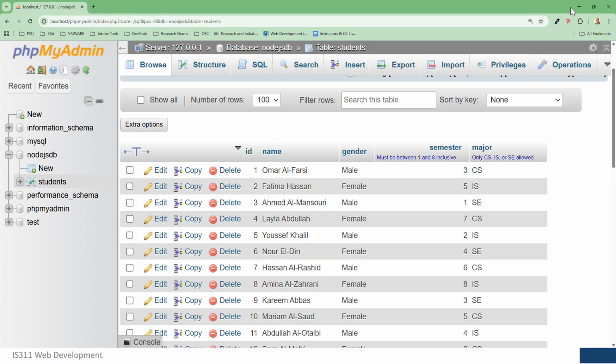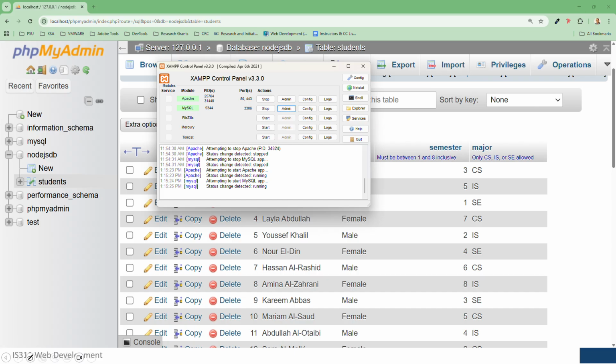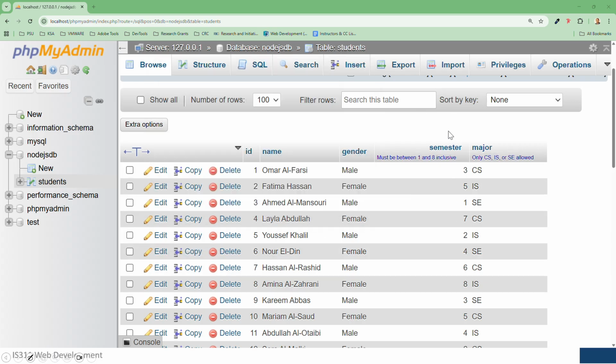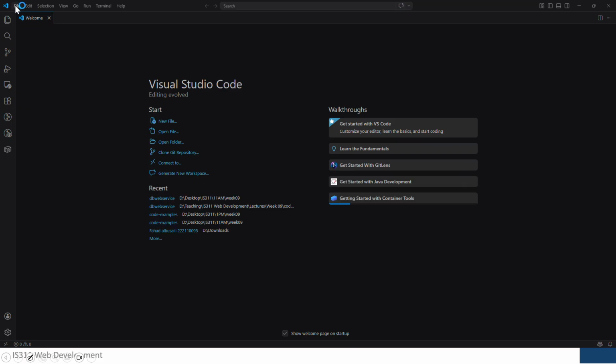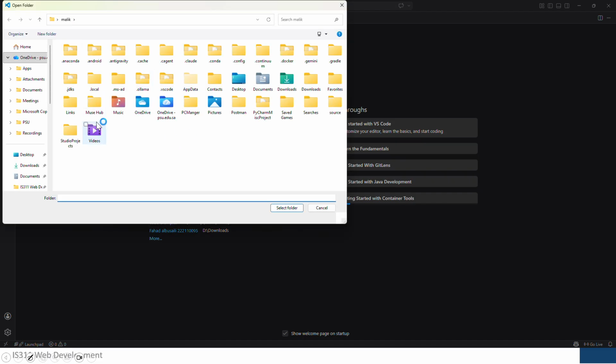The next thing, let's get back to the other part, because now from the database perspective, we have already imported or created that students table. Now I need to start VS Code and open that specific folder. So let me go to File, open a folder, and I will shortly show you that on the desktop,